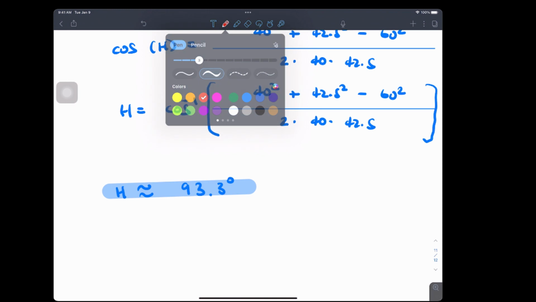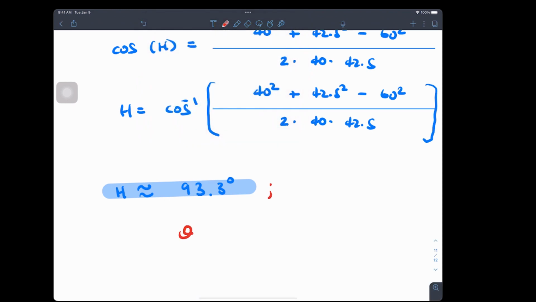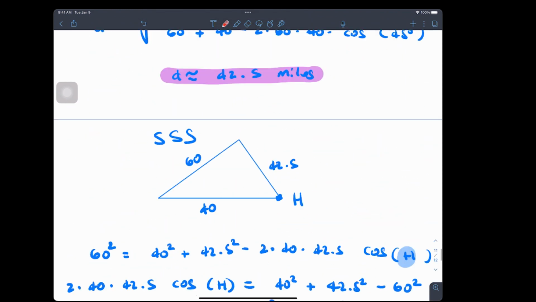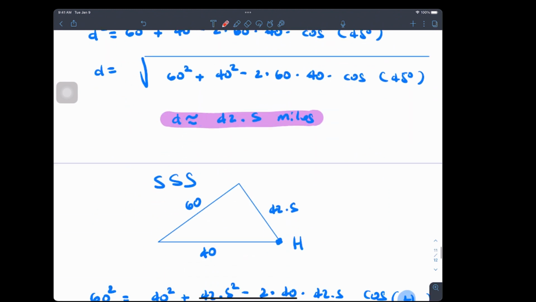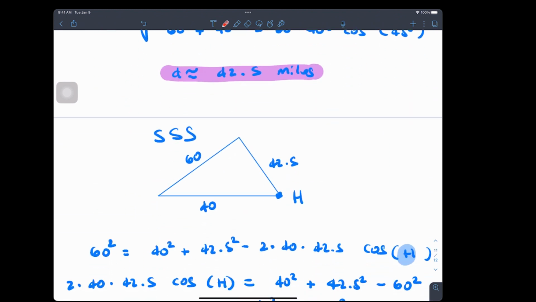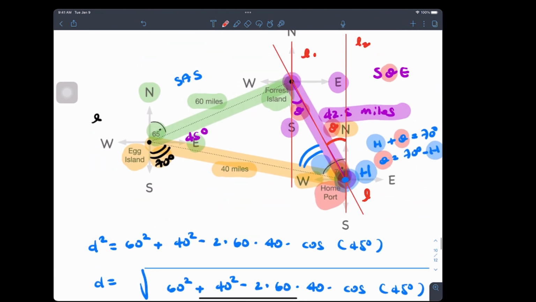Didn't we say theta is going to be what? Let's go back here. So we just found h. That's supposed to be what, 93.3 degrees? Is that right? So 60, 40, 42.5. And